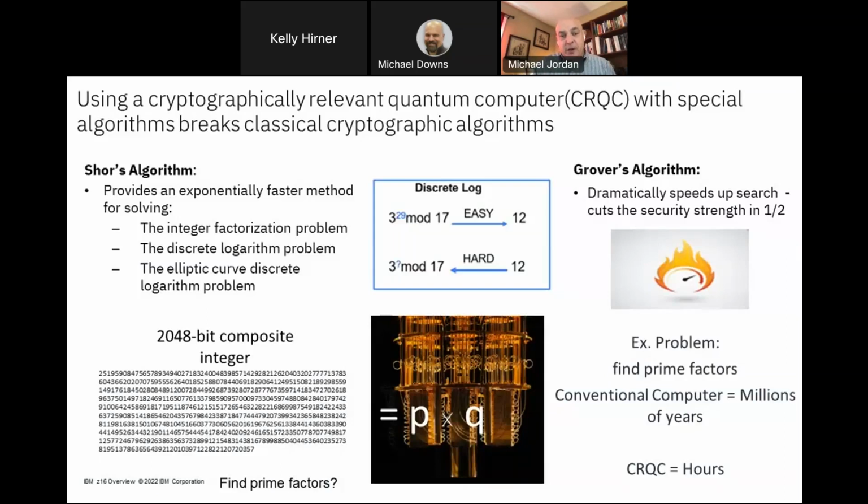I do want to spend a little bit of time explaining what breaks, because I think that's important in terms of making it real, what this quantum risk is. So we talked about on the previous page the theoretical challenge, where there are algorithms that quantum computers can solve that can actually break the cryptography that we use. So a little bit on cryptography. So today,